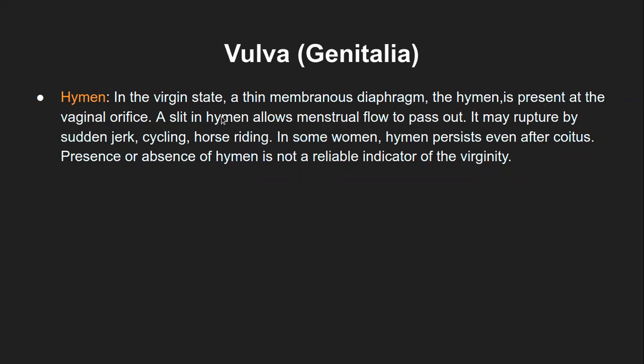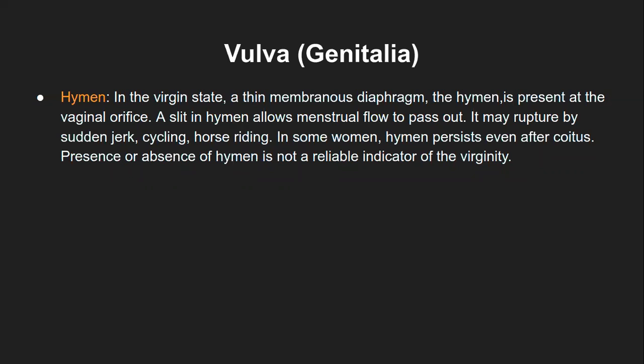When the hymen is intact, there is only a slit which will allow the menstrual flow to pass out. Again, you might imagine hymen as a complete covering. It is not a complete covering, rather it is just a fold of membrane which is present at the back side of the vulva structure.